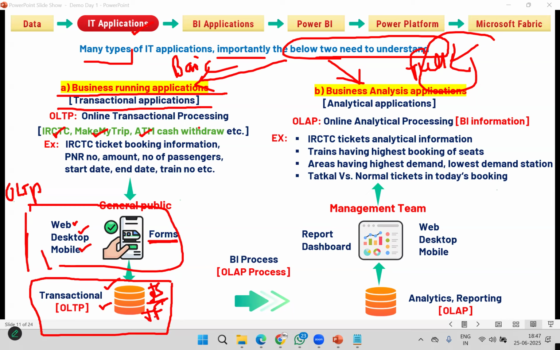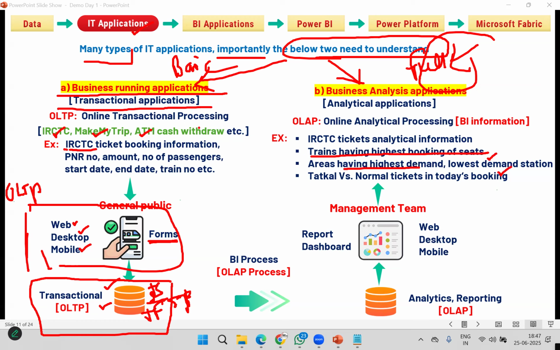This data, the management team wants to analyze. Example, take IRCTC, Indian Railway Ticketing System. Here you booked a train ticket. The train ticket information is available with success or failure. But management wants to know: today, how many trains have the highest booking? How many trains have the lowest booking? Which region has the highest sale?